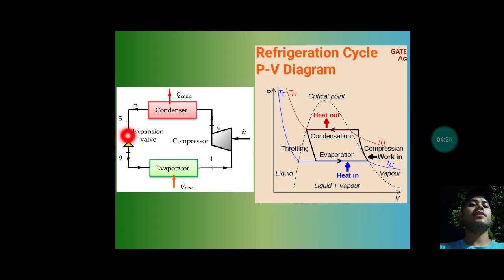As that high pressure liquid refrigerant goes out to the expansion valve, the use of the expansion valve is so that the refrigerant going out of this valve will expand. If the liquid refrigerant expands, some of it turns into gas, but most of it is still liquid. So there is a combination of gas and liquid refrigerant going out from the expansion valve. And then after that, the evaporator,